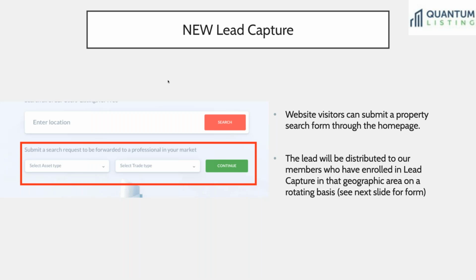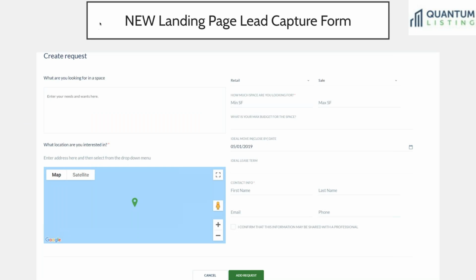So if you are smart, and I know you guys are all smart, you'll be among the early adopters of lead capture so that you can get as many leads before the word gets out and lots of other people join that. All right, so here is a sample of the lead capture on the landing page, on the main page, and